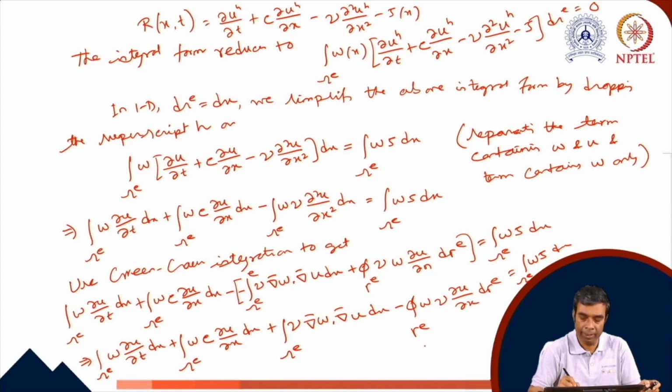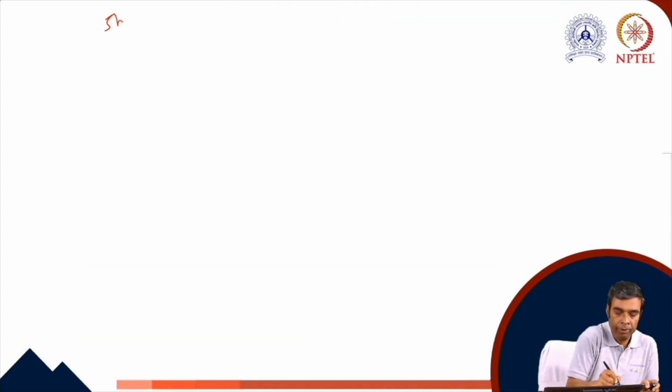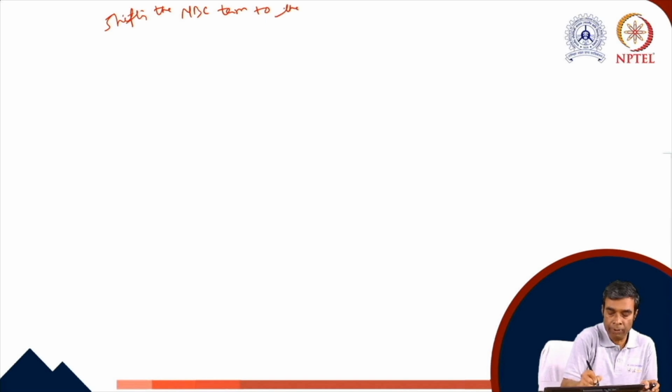The last term in the left hand side represents the NBC term or the known term. We shift this to the right hand side. Shifting the NBC term to the RHS, we obtain